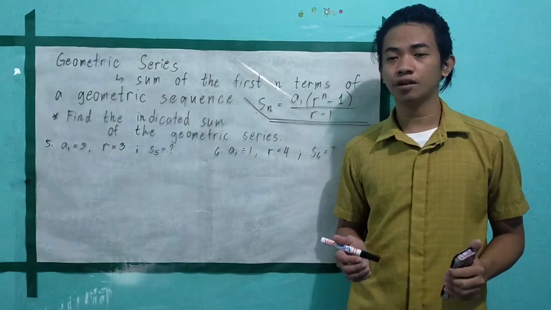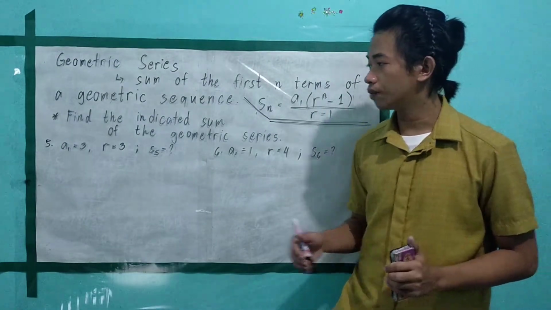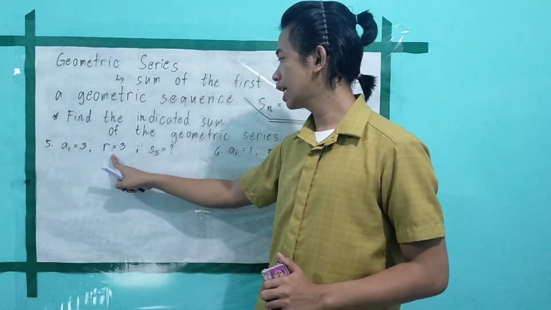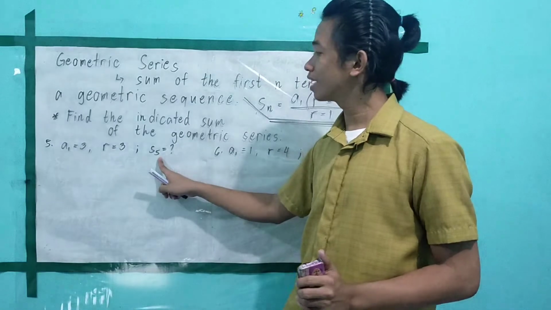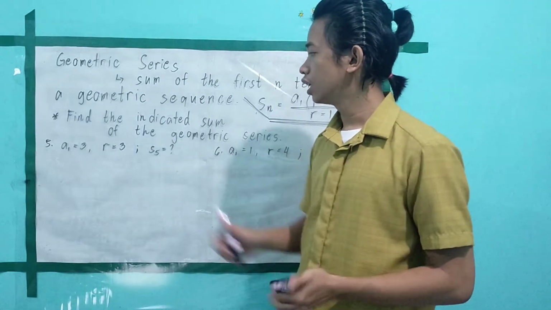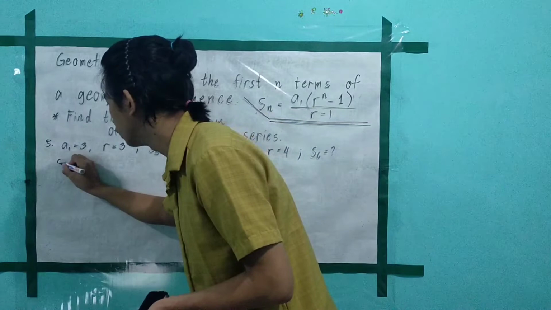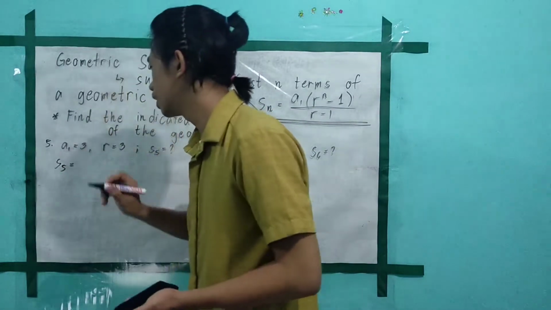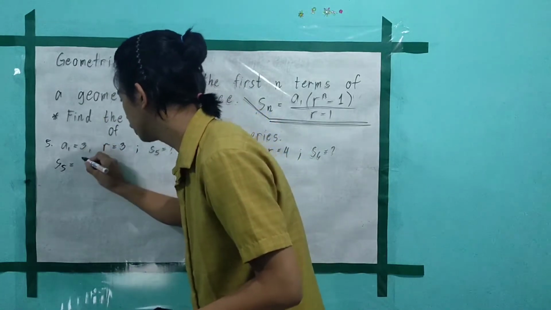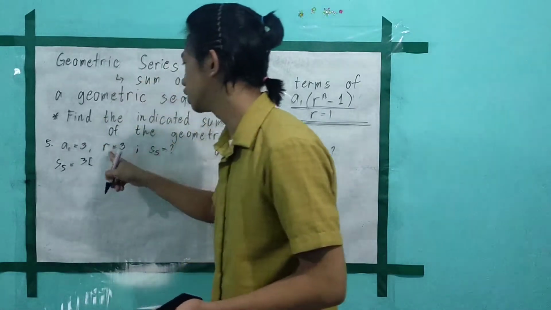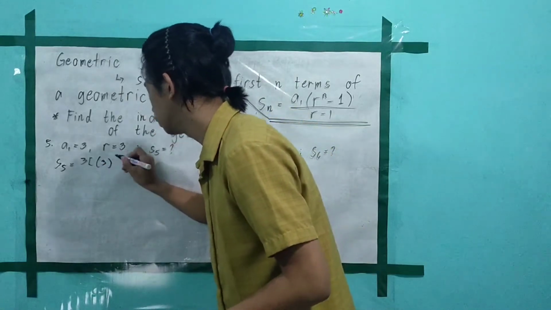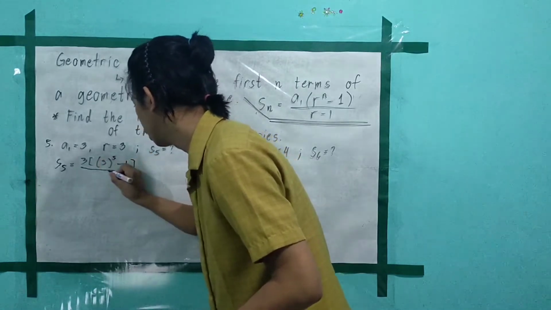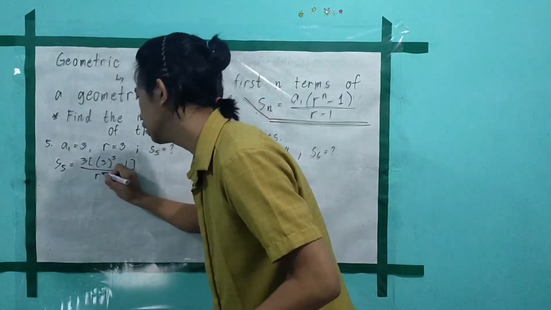In problem number 5, the given is A sub 1 equal to 3 and the common ratio is equal to 3. We are looking for the sum of the first 5 terms of the geometric sequence. So let's use our formula. S sub 5 is equal to A sub 1, which is 3, multiplied by the common ratio 3 raised to the n terms, which is 5, minus 1, all over the common ratio, which is 3